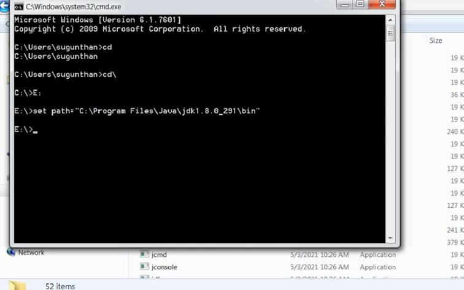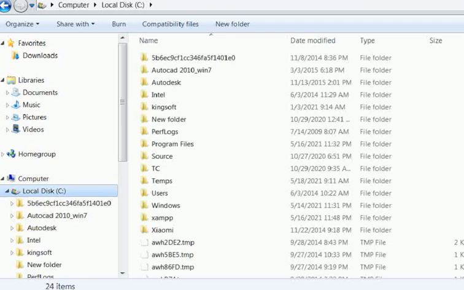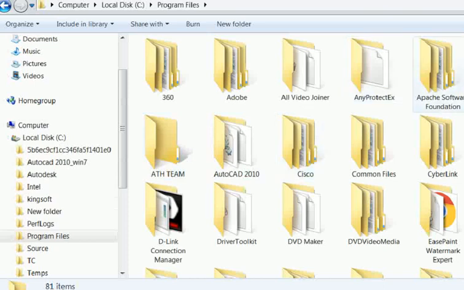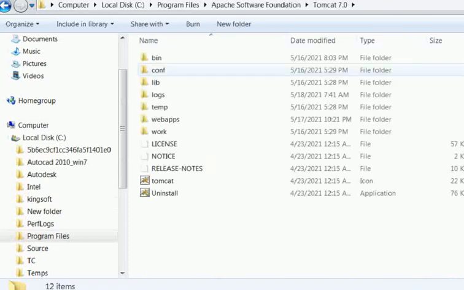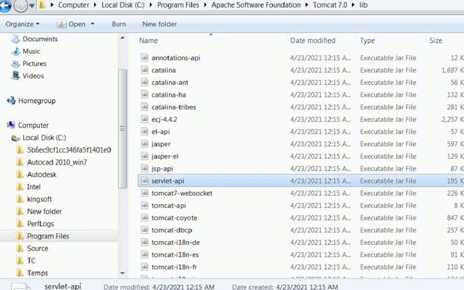Then you want to take the class path for the servlet program. javac -classpath, double quotes, click My Computer, C:, Program Files, Apache Software, Tomcat, and then the lib folder. Here you want to check that servlet-api is found or not.